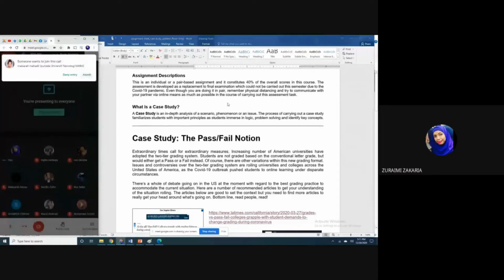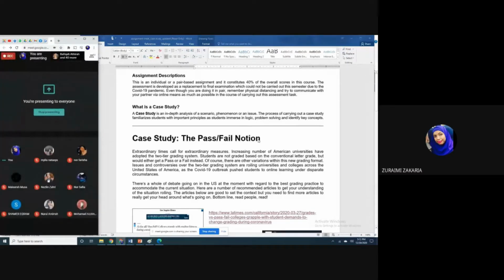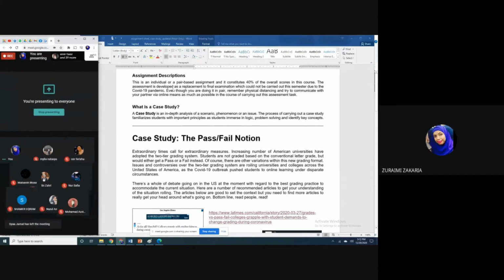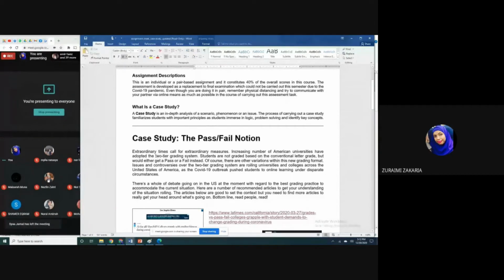Alright. So the context of these case study questions is based on the current situation or current grading system that is taking place in higher institutions in the United States. Panjang ayat ni due to pandemic COVID-19. So di Amerika Syarikat sekarang ada banyak universiti, termasuk all these top world universities, termasuk MIT, Harvard, California dan sebagainya. They have started with 2-tier grading system. Ni konteks sebelum nanti kita tengok soalan, I provide konteks saja.